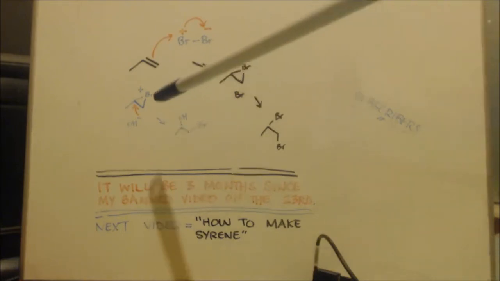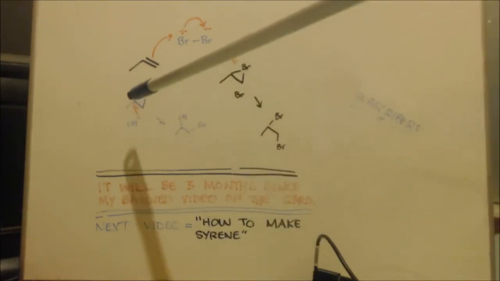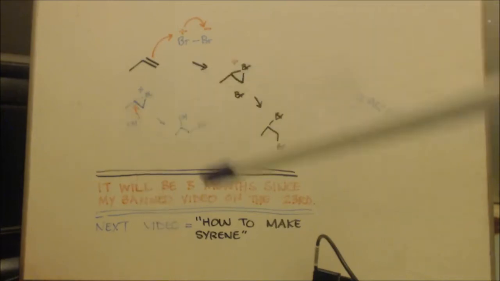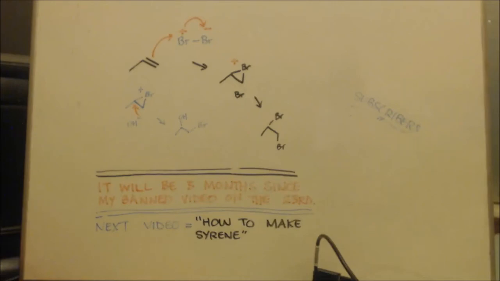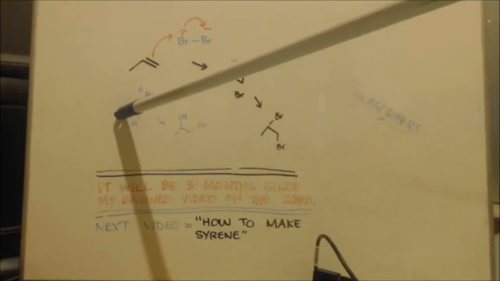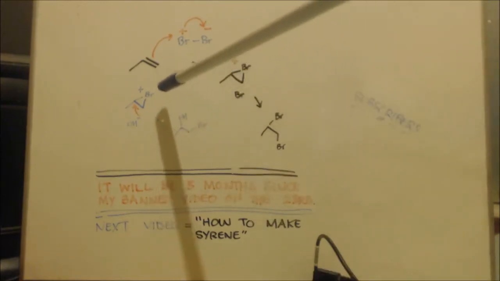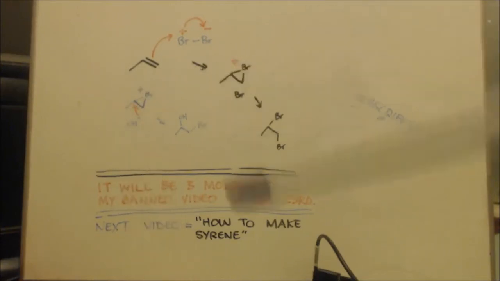stabilized? Like, if you have your positivity at the end here, you have no inductance except from this one carbon. But if you put the positivity on the middle carbon, you have inductance from this carbon and this carbon, right? And not only that, maybe hyperconjugation from the hydrogens on the end carbons. You know, they're helping to stabilize that